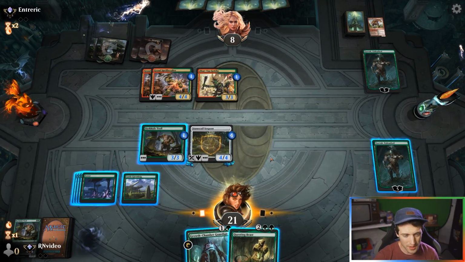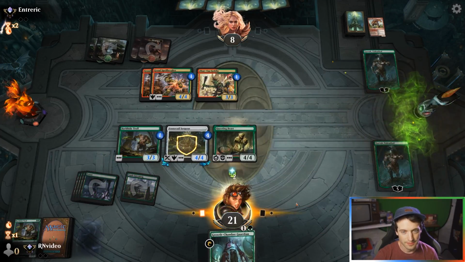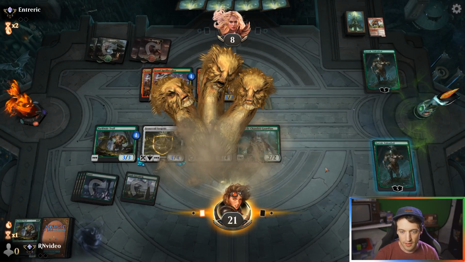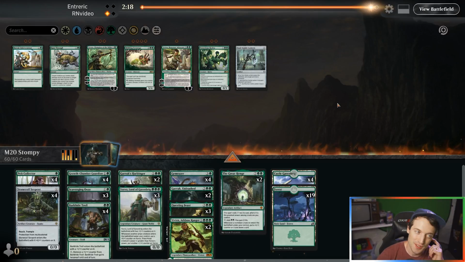Ooh, and a Questing Beast? Yeah. So, Deathtouch and Trample. It's a beautiful combination, and our opponent knows it. All right, so...